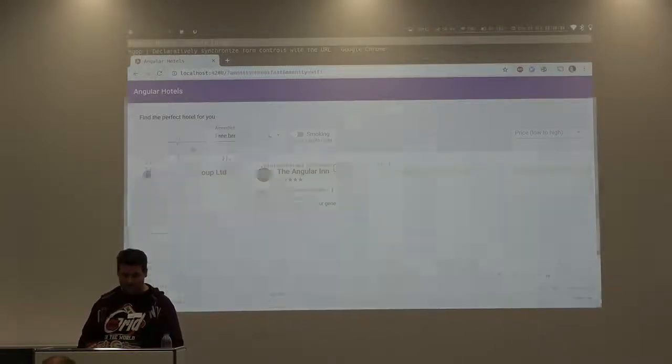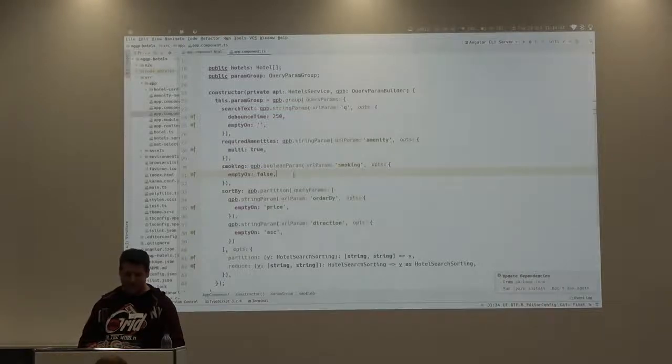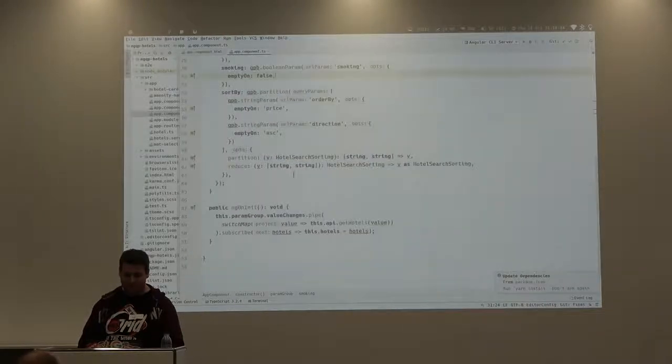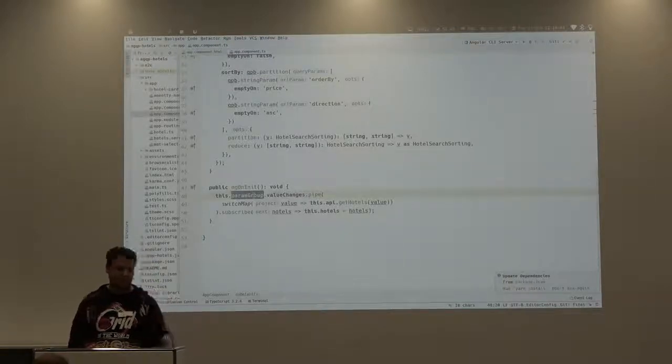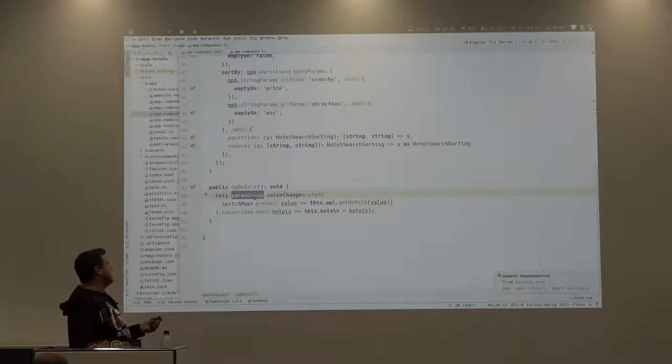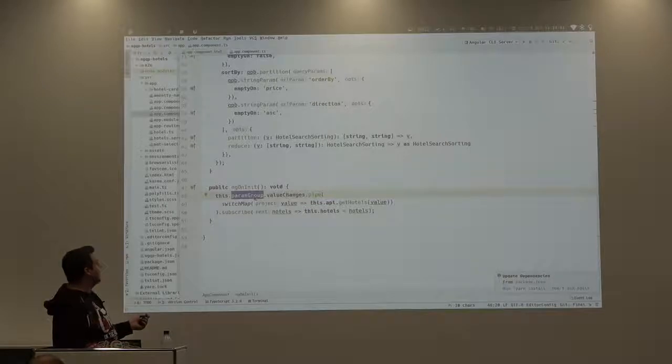And the last thing that we didn't discuss yet at all is we have to, again, connect this somehow to a backend, right? And the very simple way to do this is our param group that we created exposes an observable just like the Angular forms, and we can simply subscribe to that, or in this case, switchMap to our API call, and done. And there's actually another little thing that we win here that we didn't have in the original code,